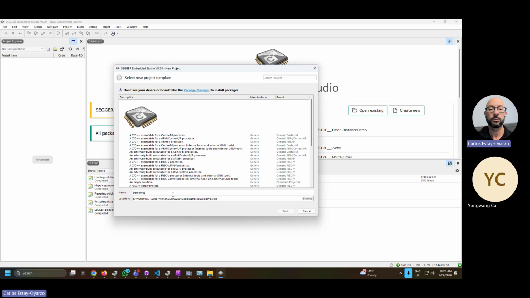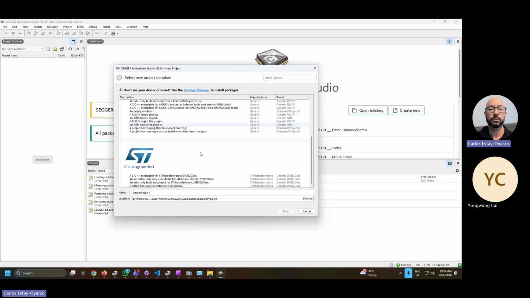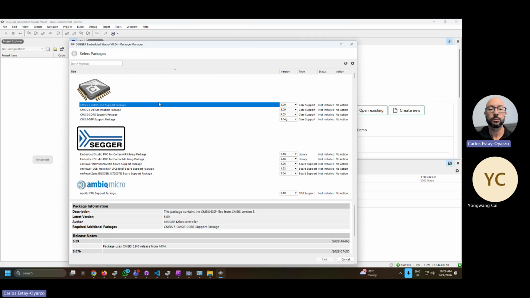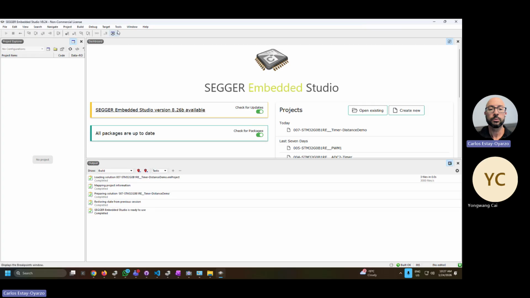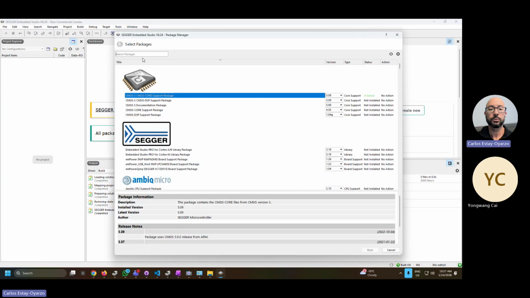demo project 1. Now, one of the things here is when you scroll down, you should see this ST group here. If you don't see it, it's because the package for ST hasn't been installed. So you have to go here to the package manager. Okay. The other way to get there is from Tools, here, Package Manager. And then we look for